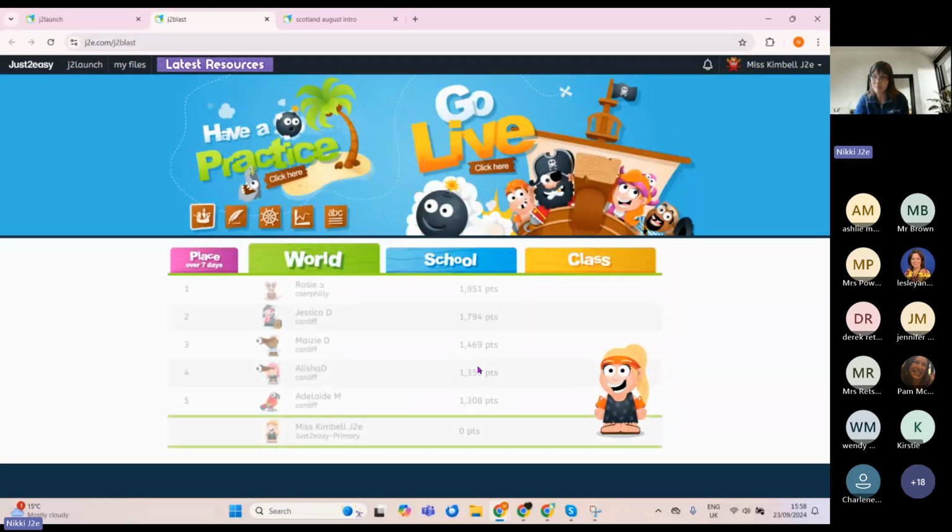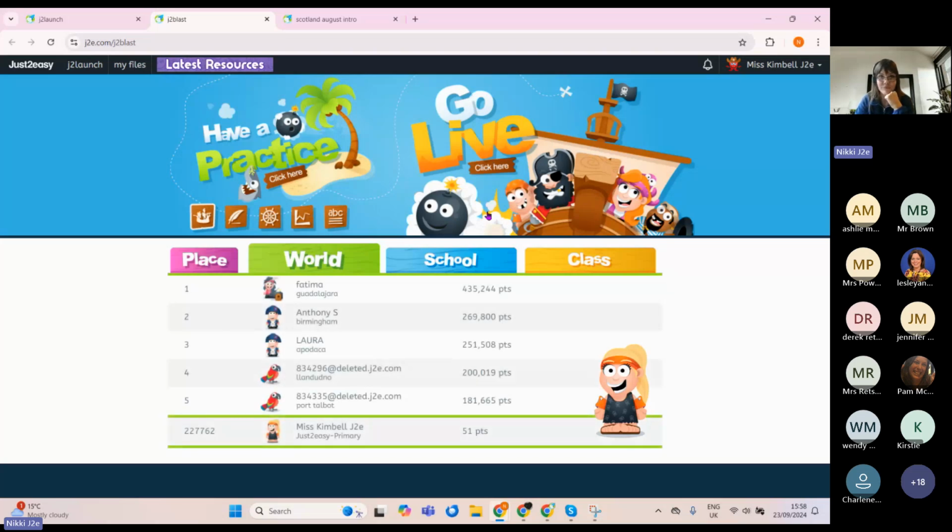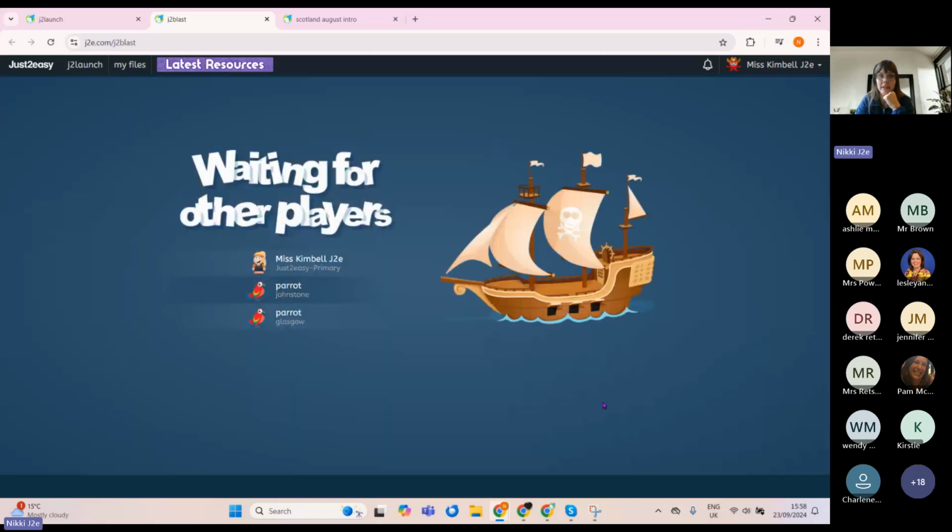It is a noisy app, so if you are loading this, you might want to turn the volume down on your laptop. You might want to invest in headphones as well, because it can get loud if you've got sort of 15 or more devices using this in class. So I'll show you the go live area. As you can see, it matches it against